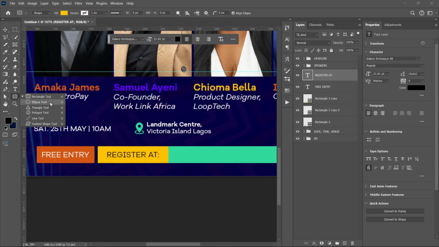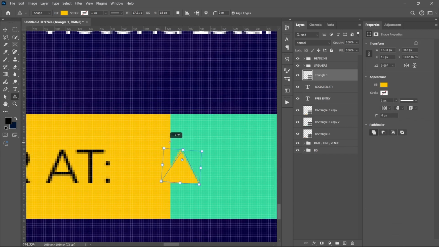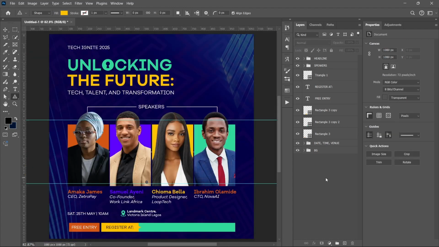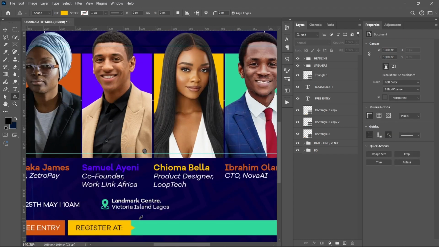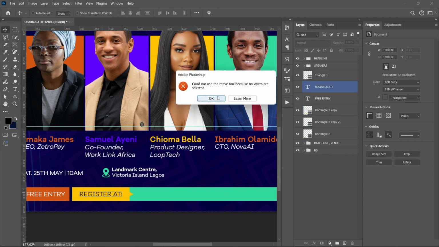Then you come here, click on your triangle tool, and just draw a triangle. Zoom in, make the triangle yellow, and just position it. If we zoom out, you can see what the effect is now, like an arrow. Now duplicate this "register at,"